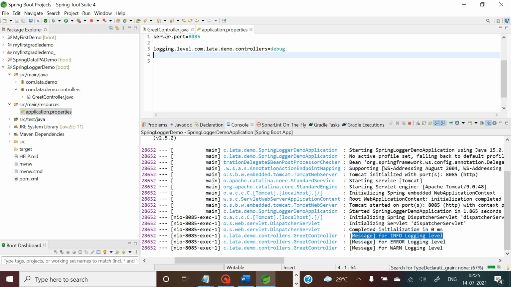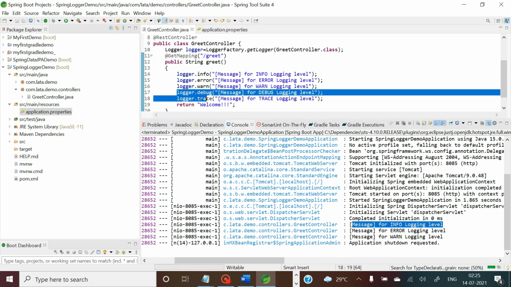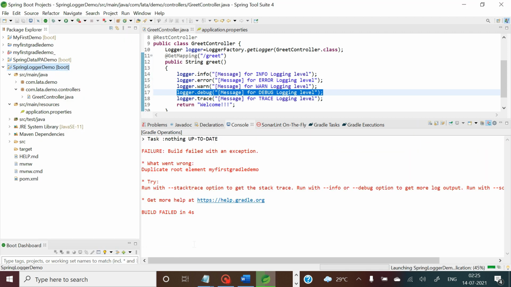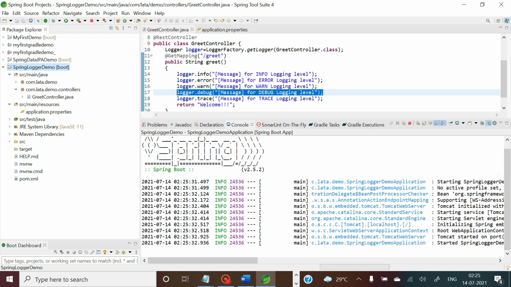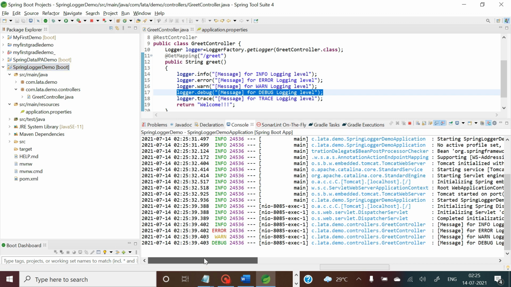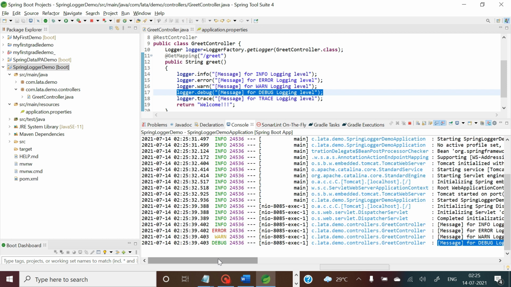And after doing this, if I execute my application once again, you will see that now my IDE understands this debugging logging level also. So let me do that. Your application is started and then you can just test it in the browser. I'm refreshing it. The handler method is working, and with this you can see that now you are getting logging information at debug level also. This debug logging level is also understood by the IDE.